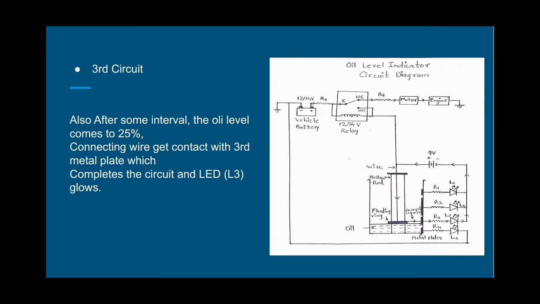Now the third circuit. Also after some time interval, the oil level comes to 25%. The connecting wire gets contact with the third metal plate which completes the circuit, and LED L3 glows. So further, when the oil level decreases, a point comes when there is a low level of oil in the tank. In this case, the connecting wire will make contact with the third plate. This will again complete the 9-volt battery circuit which will glow LED L3, indicating the level of oil in the tank